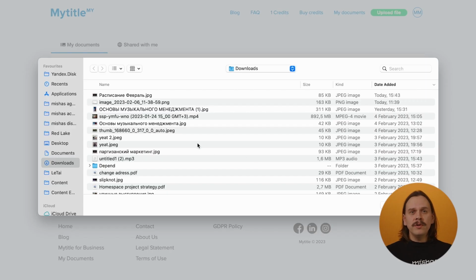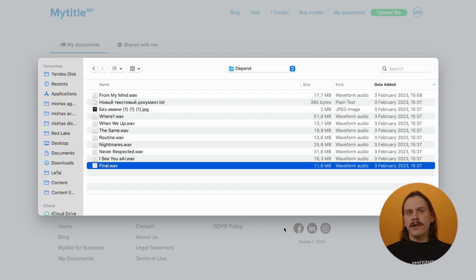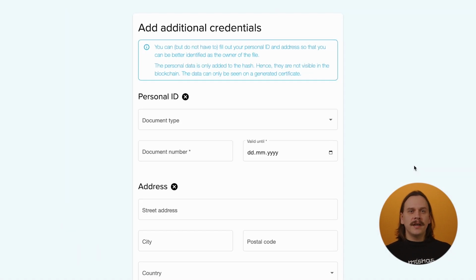We go to the folder with the album and select the track Final. Now we need to enter our personal data. You can choose not to enter it, neither the ID or the address are obligatory to fill in. However, it will help you to confirm the ownership of the file. Further on, it says that your personal data will be only added to the hash. The data will only be seen on the certificate. This means that third parties will not be able to